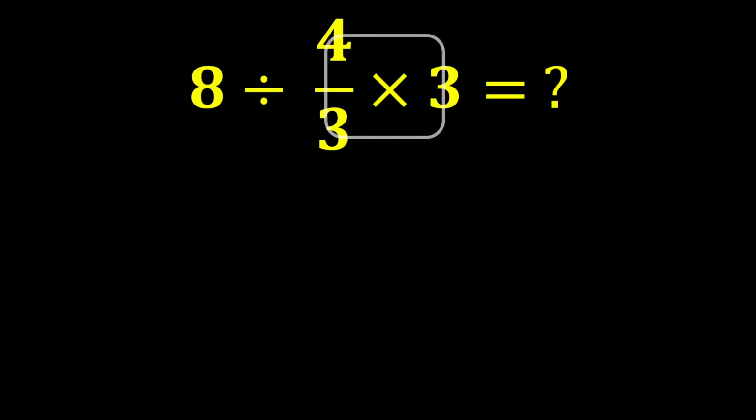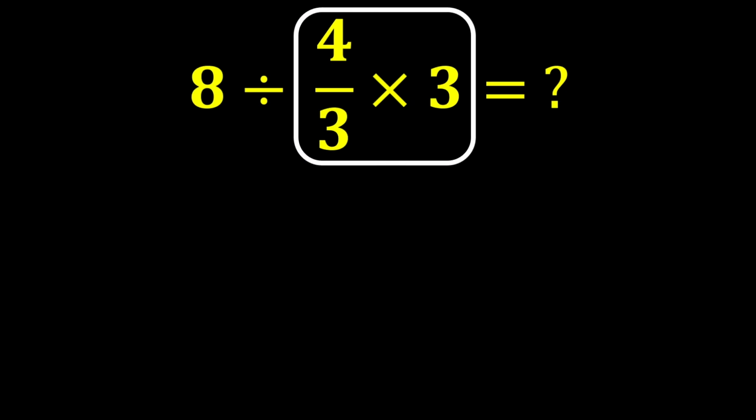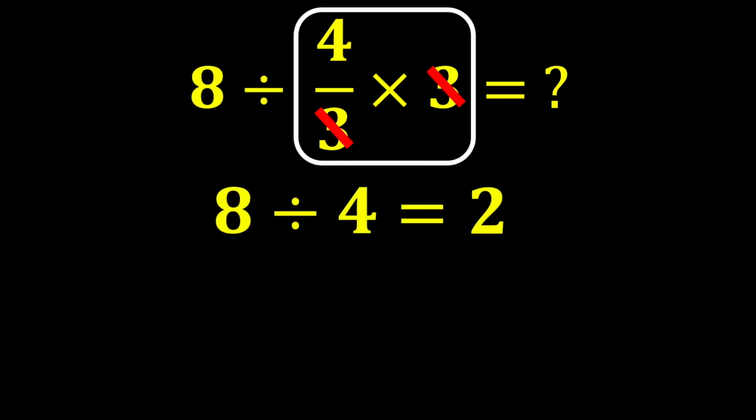First, we perform this multiplication. 4 over 3 multiplied by 3, this 3 and this 3 cancel each other out, and only 4 remains. Finally, 8 divided by 4 gives us 2. But this answer is not correct, because we did not follow one of the most important rules in mathematics, called